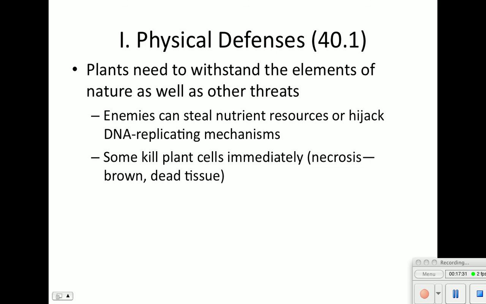So let's talk about physical defenses. They have to be able to withstand the elements of nature as well as other threats. For example, enemies might steal nutrients or hijack their DNA replicating mechanisms. And so when plants can detect this, sometimes they'll just,